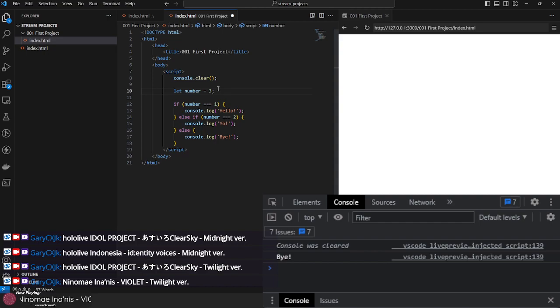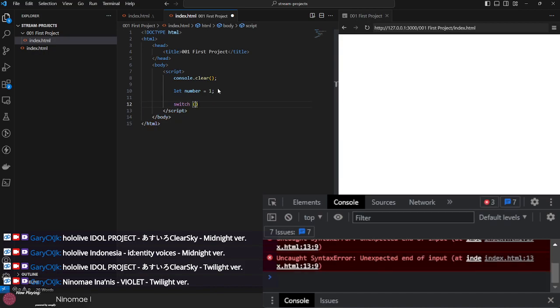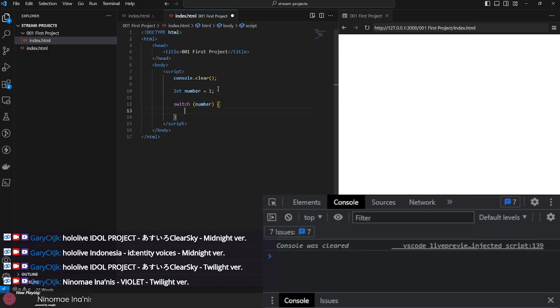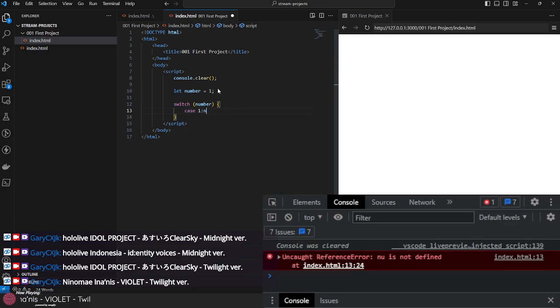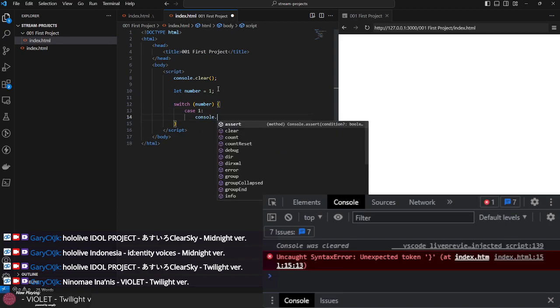That's nice and all, but it's not really efficient, and it doesn't look that great. So how do we fix this? How can we make this more clean? Now instead of an if block, we can also use switch. So let's do switch number, case 1, console log